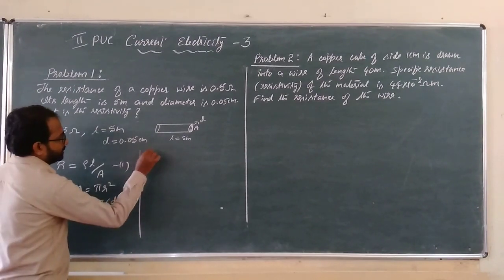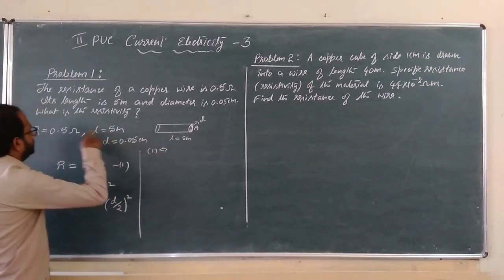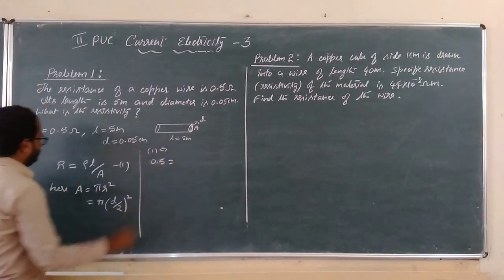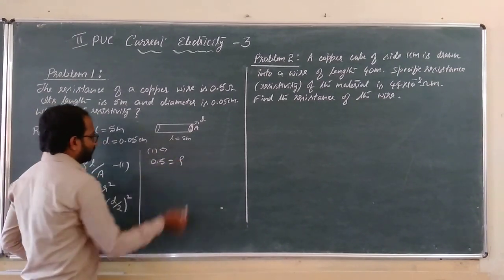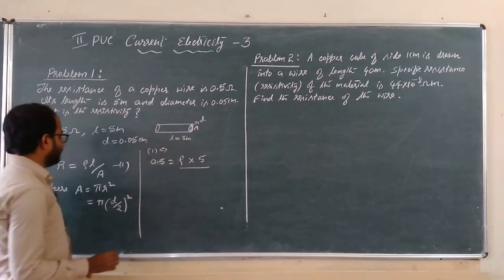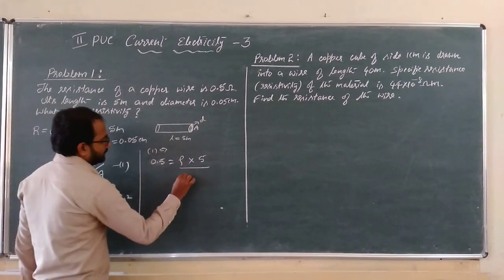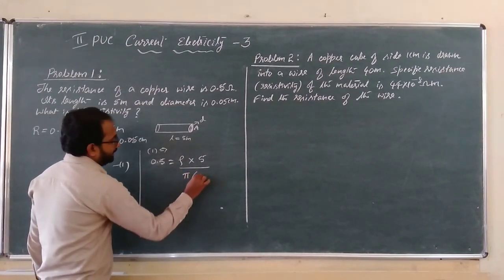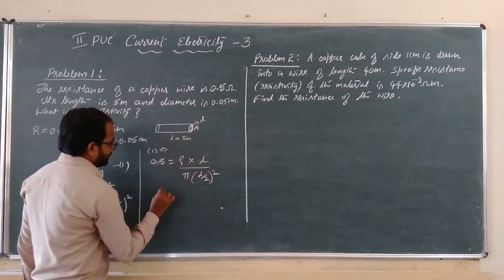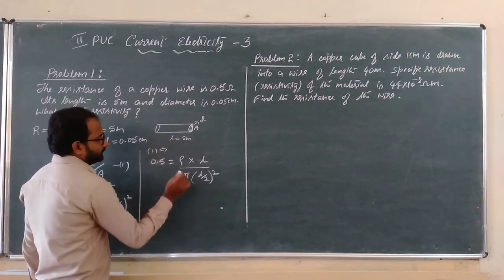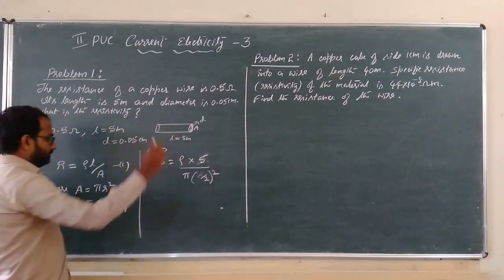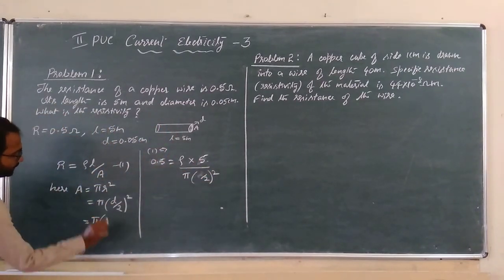R is the resistance of the conductor, that is 0.5 ohm. I have to find out the value of rho. So L is given, L is 5 meter, right? And A is pi d by 2 square. Now substitute. L is 5 meter. What is D? So pi into D is